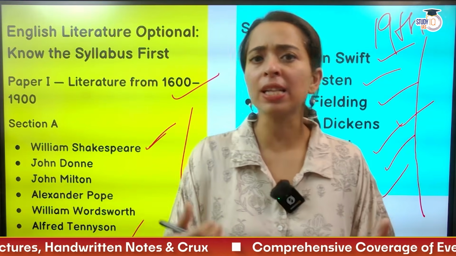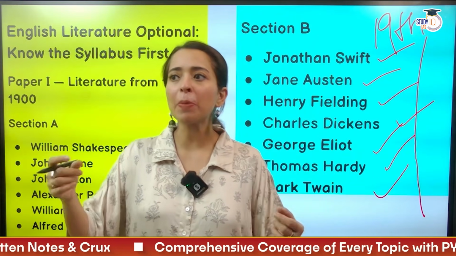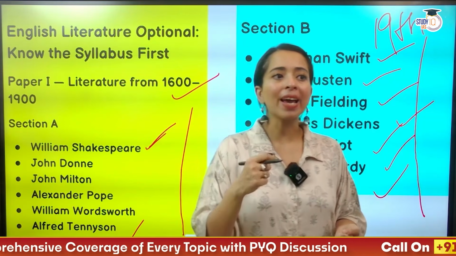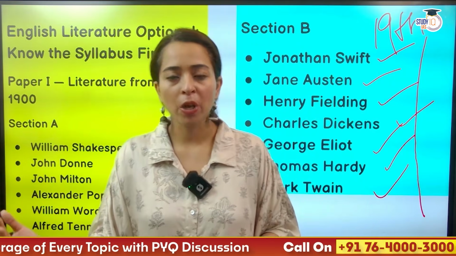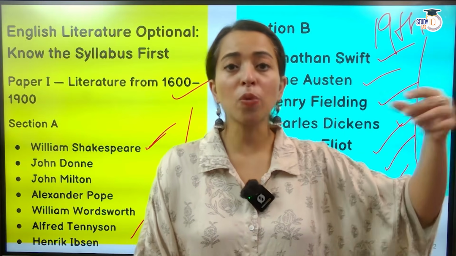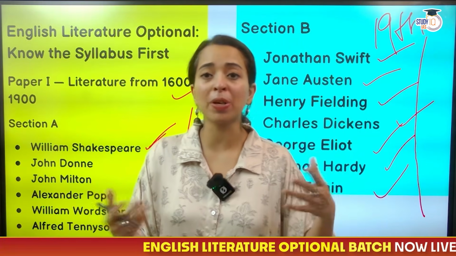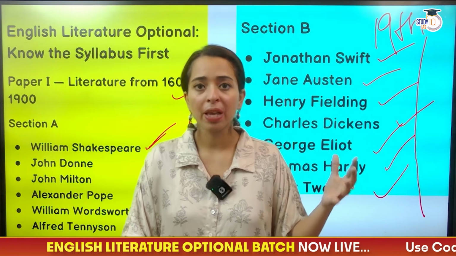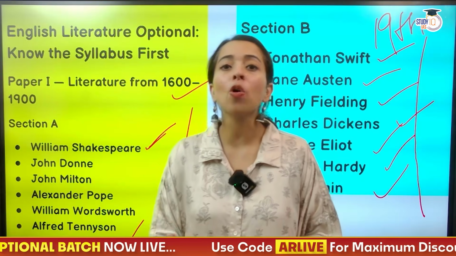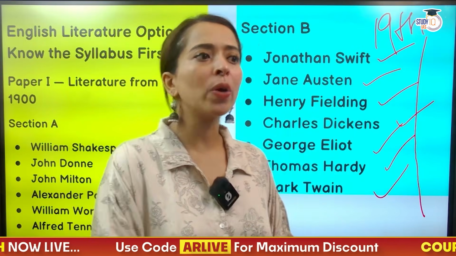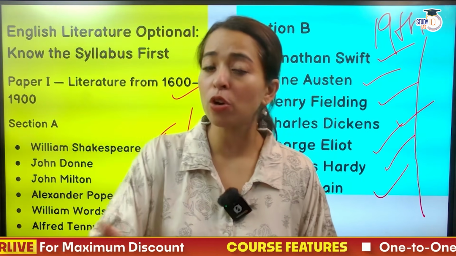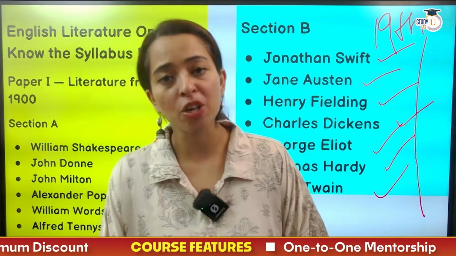So if they're talking about Charles Dickens' Hard Times, they're not asking what happened in the 3rd chapter or the 4th chapter. They're talking about why there was utilitarian philosophy. What was the class difference? What was the situation that was building up between the bourgeoisie and the proletariat? So they would be asking such kinds of questions, which will test and assess your understanding. So more than knowing every single word of your novel, it is what you have understood. It's not what is written. It is why it has been written.